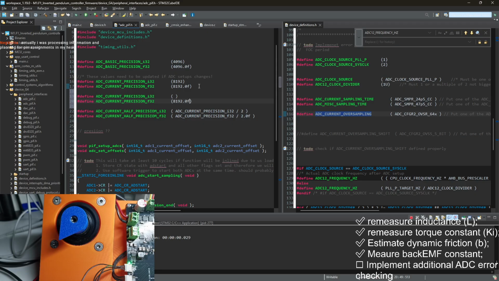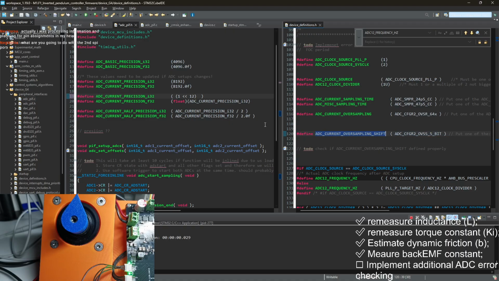The F32 version will be easy. It will be just float conversion of this. But this value should start from the default setting, which is 12 bits, and it should be somehow upgraded. Okay, we need this for sure. And this will be